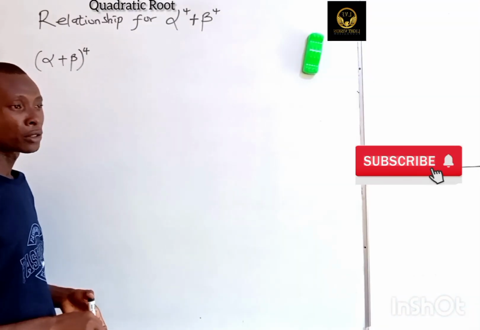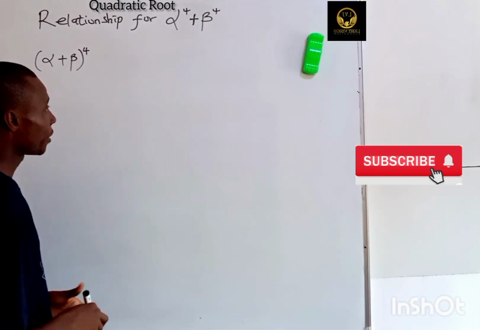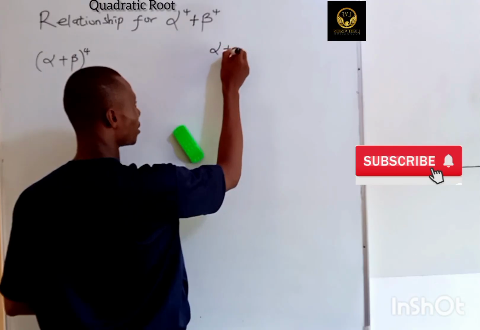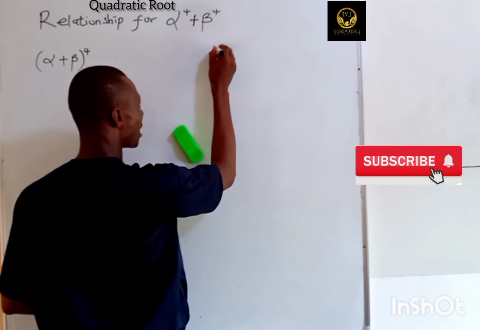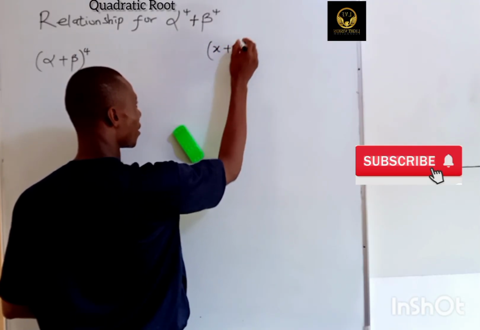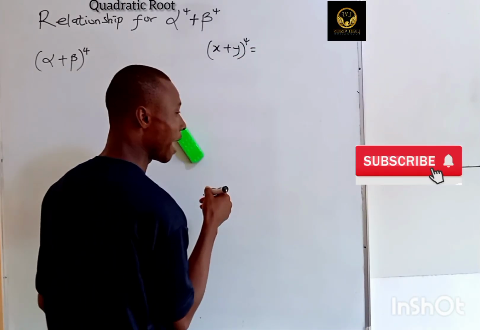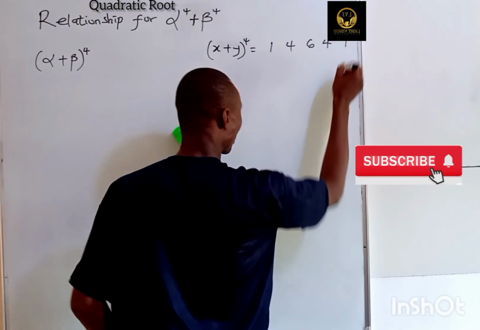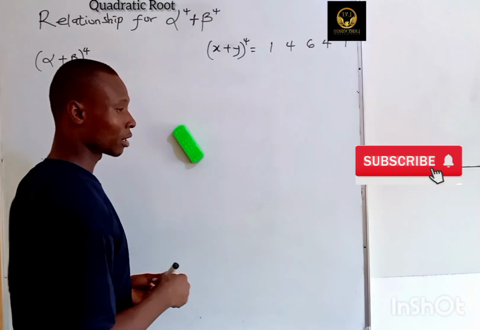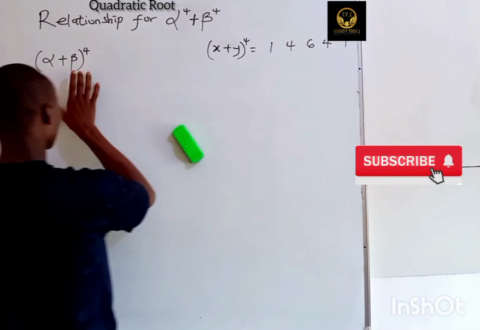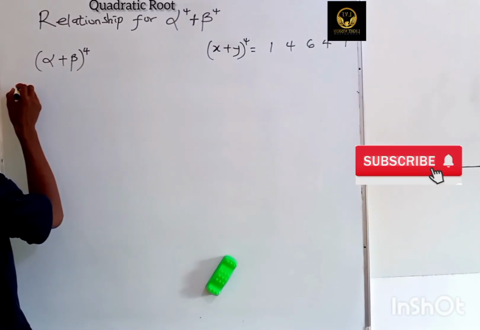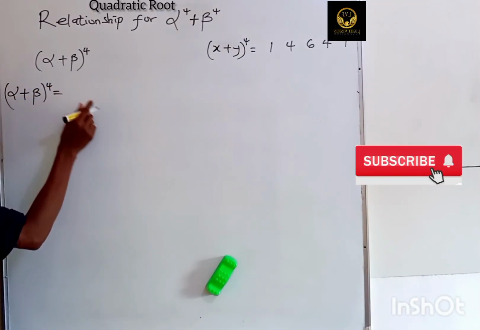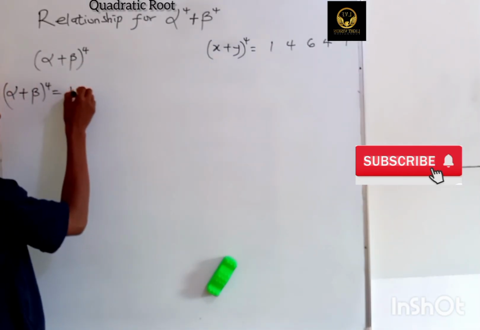We will still make reference to the expansion coefficient, which says that when we expand x plus y raised to the power of 4, the coefficients become 1, 4, 6, 4, 1. Okay, so we use this to expand alpha plus beta raised to the power of 4, because we use each of the coefficients, which is 1 times